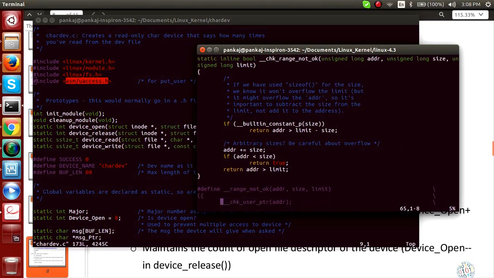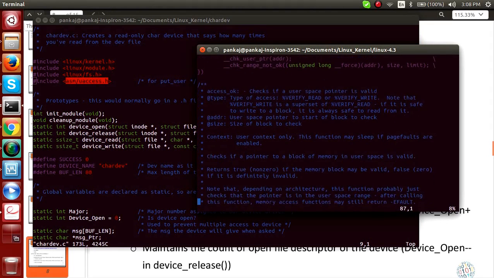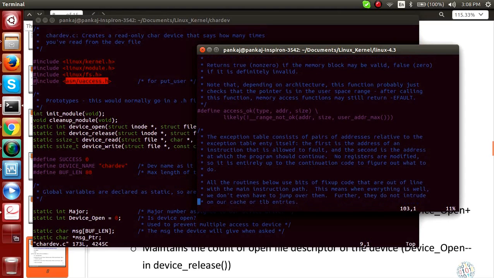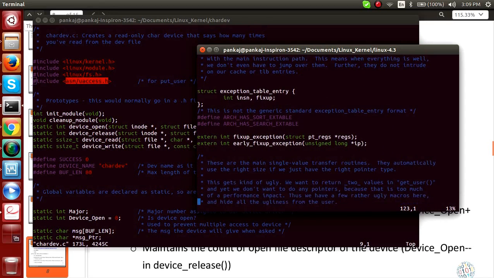So it has all the functions for how it identifies the major number for your device once you call the register device call.